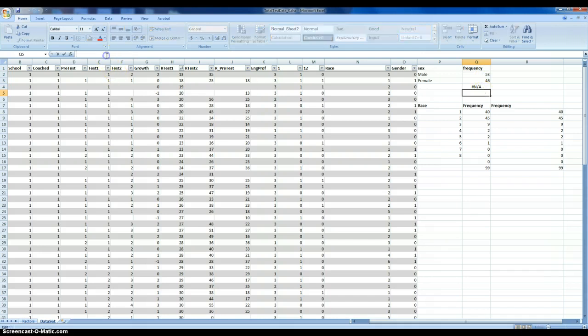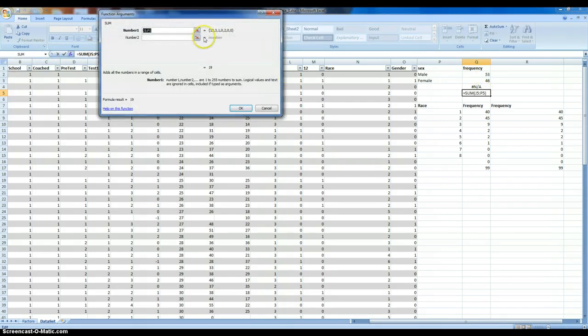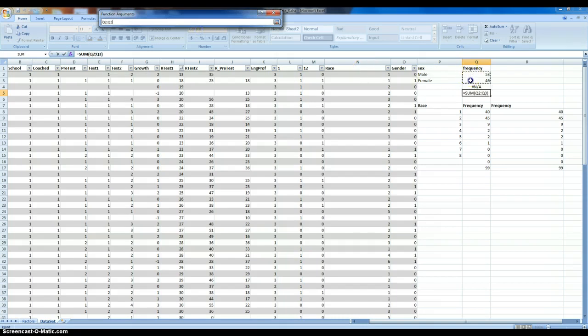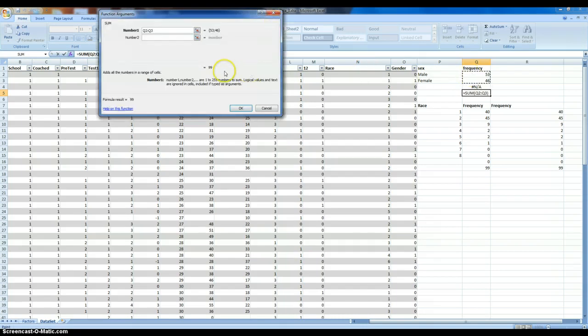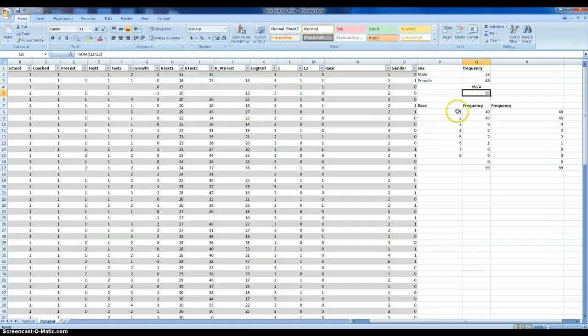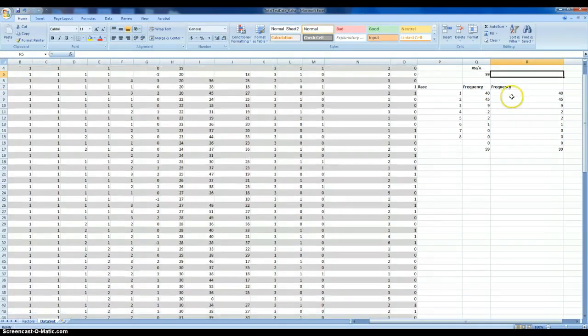And to double check it, equals, we want to do a sum. We just highlight the cells that we want to add up. We hit OK. And so we have 99 individuals. This is the information that you'd want to report on those who you've collected data on, such as surveys or measures of academic achievement. What extra thing we want to do then is maybe